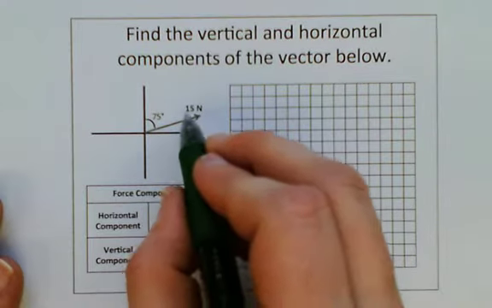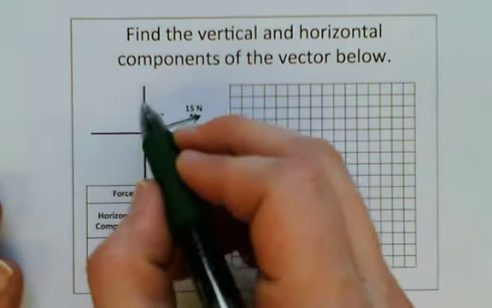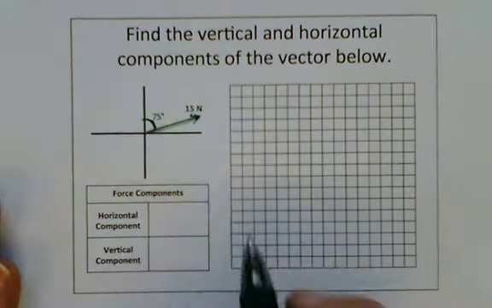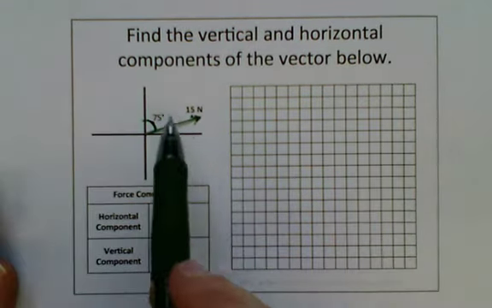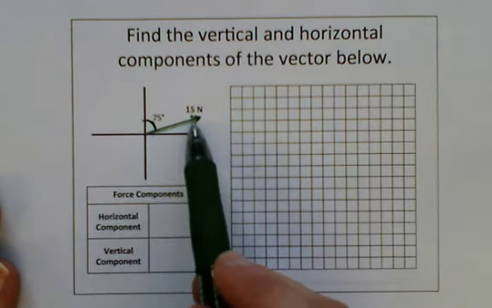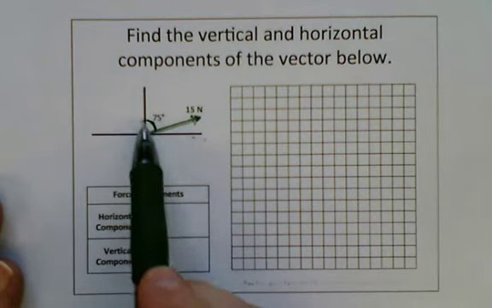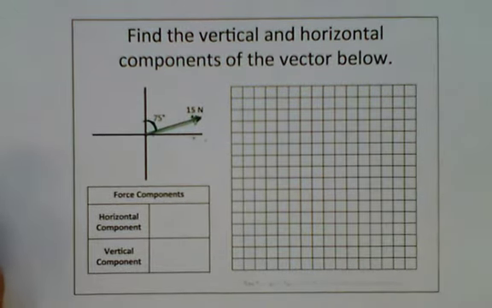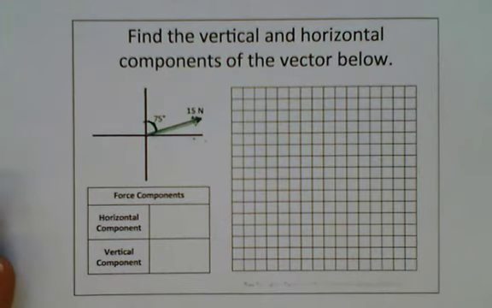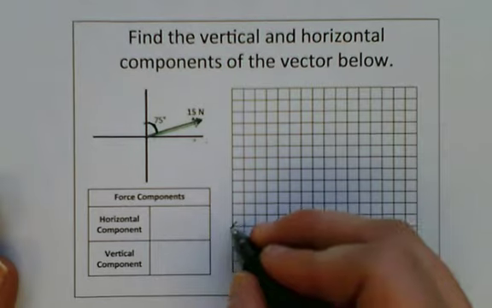Here we have a vector that's 15 newtons long, but the measurement of 75 degrees is measured from the vertical rather than from the horizontal. Remember that an angle is always between two lines. In the previous two examples, it was between the horizontal axis and the vector that we were drawing. In this case, it's between the vertical axis and the vector that we're drawing. We're going to have to keep that in mind when we draw it. Here I choose a scale of 1 centimeter equals 3 newtons, which means that my vector needs to be 5 centimeters long. I choose a starting point,